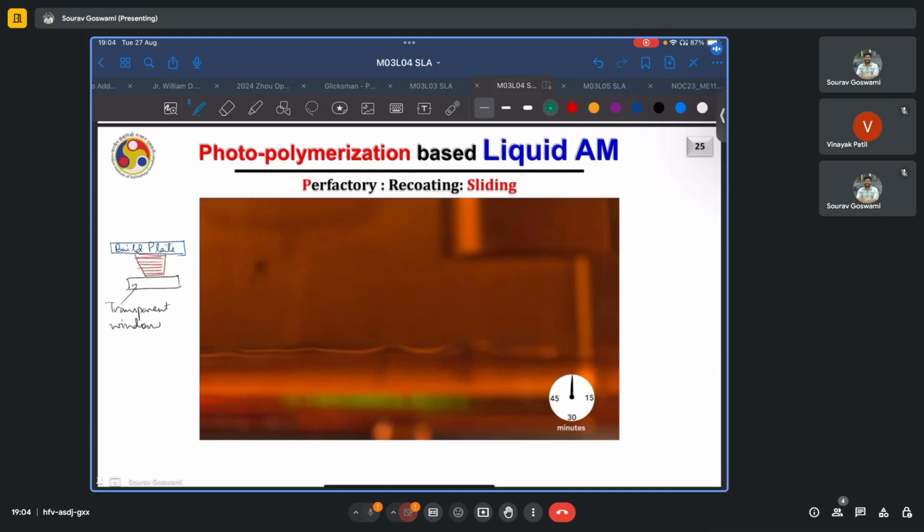So rather than always pulling vertically, which will incur a large amount of force and may also deform the build part or introduce instabilities into the liquid resin, for which we must wait for them to die down, we can also alternatively slide along this window to ensure that the previously built layers come off from the window and the liquid resin can flow in. This is accomplished here by a sliding action where you have, say, if I draw the top view,